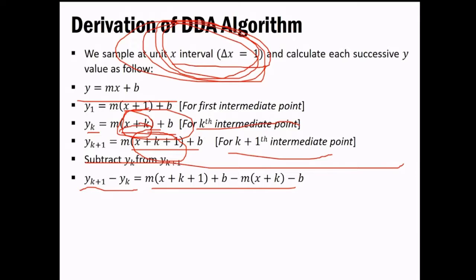After simplifying, you multiply this with m, and again the same thing is needed over here, and the final thing would be mx plus mk plus m plus b minus mx minus mk minus b. After simplifying all of it, what you get is yk plus 1 equal to yk plus m. Don't get confused at any point, because these things are needed since we want to calculate the intermediate points at each and every stage. We can't consider a single point for our derivation. So the final thing we have right now is yk plus 1 equal to yk plus m.